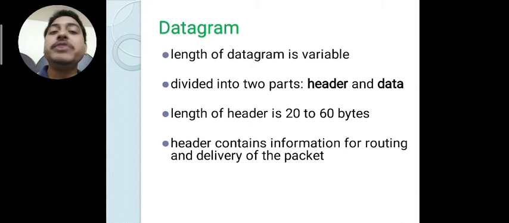Routing means which route they will follow, how they are going to send data, and delivery means where to deliver that data, meaning the address of the host, the address of the destination. At the same time, they also contain the address of the source, because if the receiver denies, "No, I am not going to receive this data," how will he come to know that this data is coming from